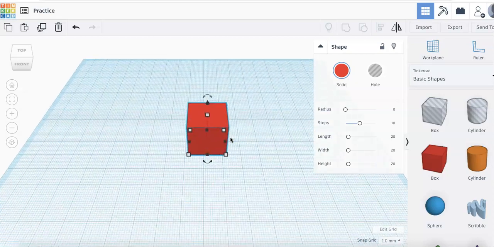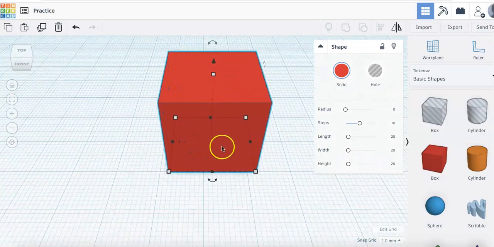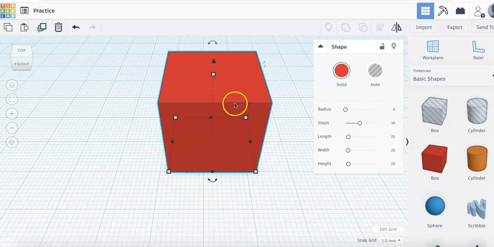I'm just going to zoom in here so we can see a little better, and I want us to pay attention to the different markings that are on the sides of the cube. Also notice how when an object is selected, the same drop-down menu that we used to change the color in last week's lesson also has sliders that we can use to adjust the length, width, height, and other measurements of